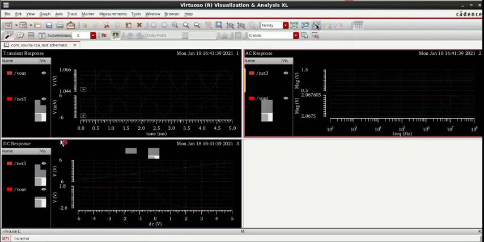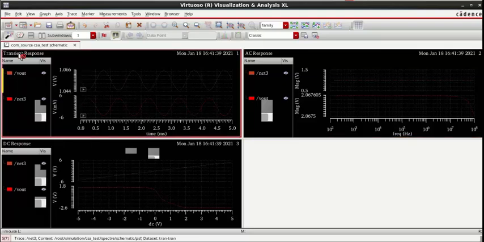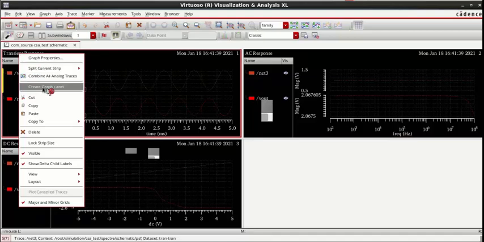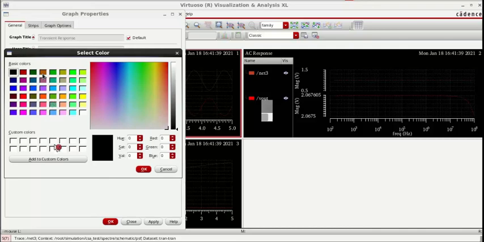Now to make it clear, let us change here the transient response. Right click on transient response and graph properties. Let me change the background color to another color to have a better idea. Let me have white.